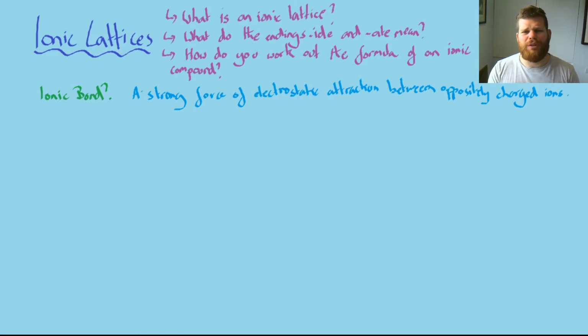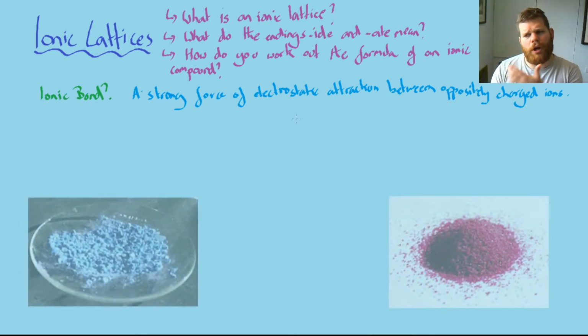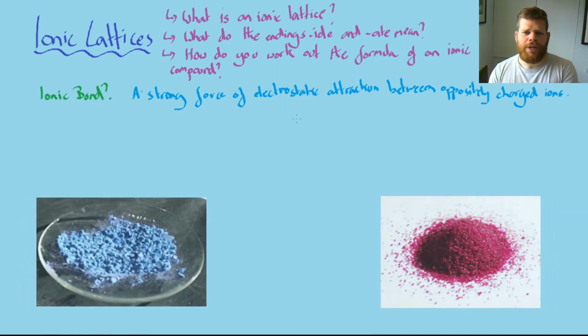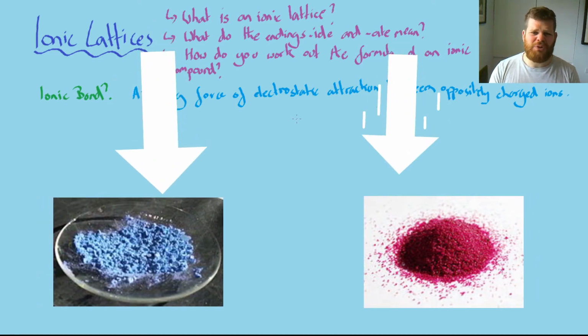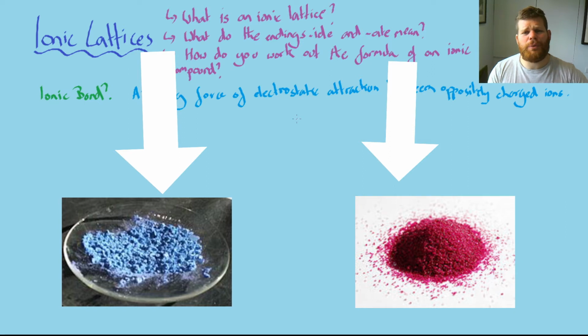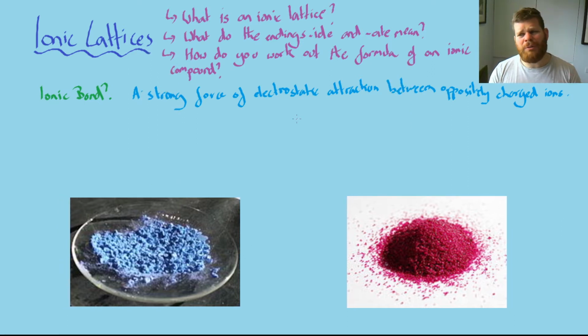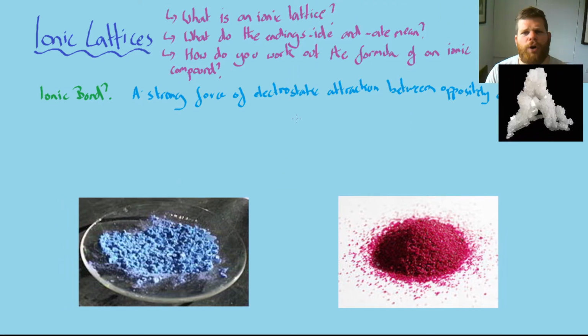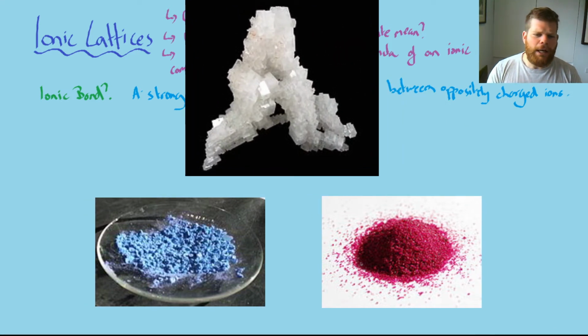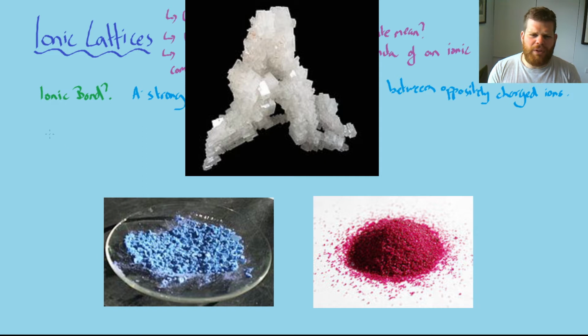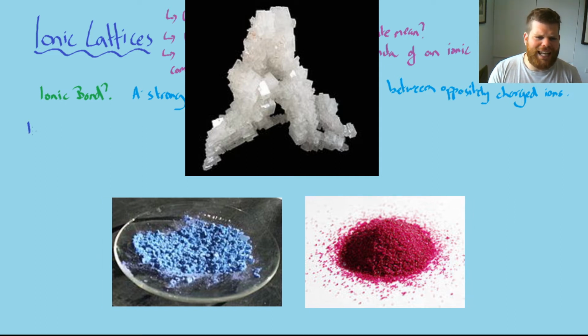What do the crystals look like? Well, here are some examples. We've got some cobalt chloride crystals. This one's actually got no water in it, and this one's got some water in it, so there are some different ones there. And here is sodium chloride, the salt that you would put on your fish and chips or whatever meal it might be. So we've got this idea of an ionic lattice,